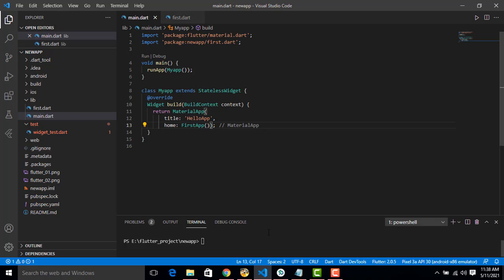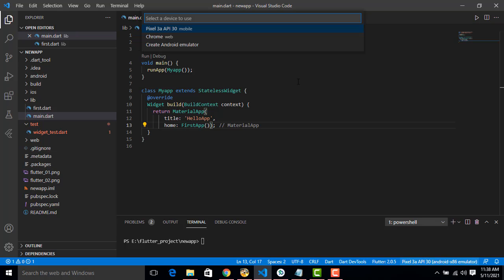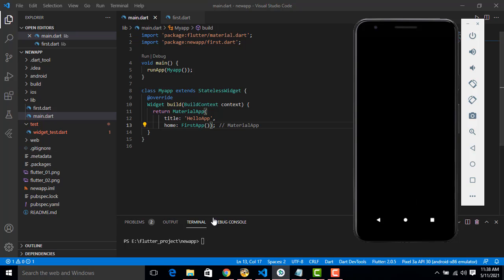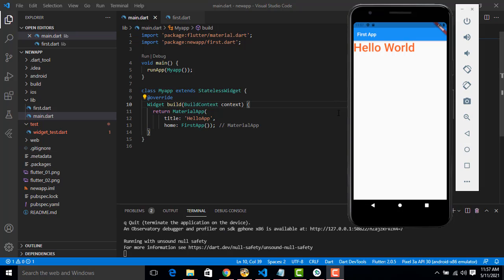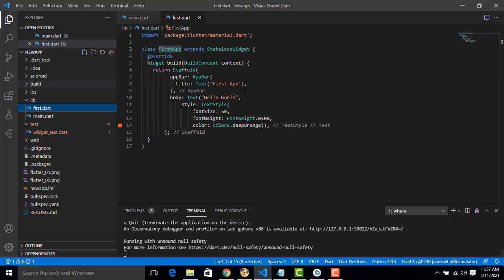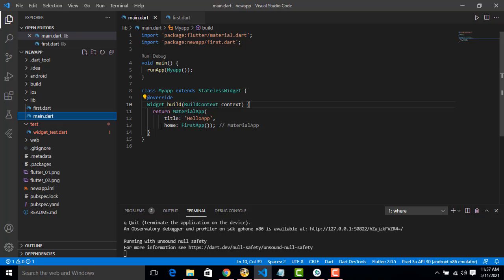Now let's run and check whether it's working fine or not. Here click on this symbol, emulator. It's already there. Right. Now what I'm going to write is flutter run. Now you can see the same output. Here I have created a separate file. I have put the same code like this. Here I just call only the first step. Only this one I will call it here. This is the efficient way to do the app.